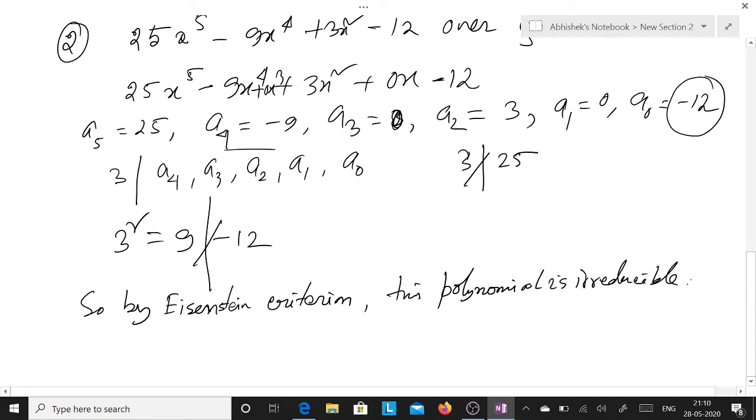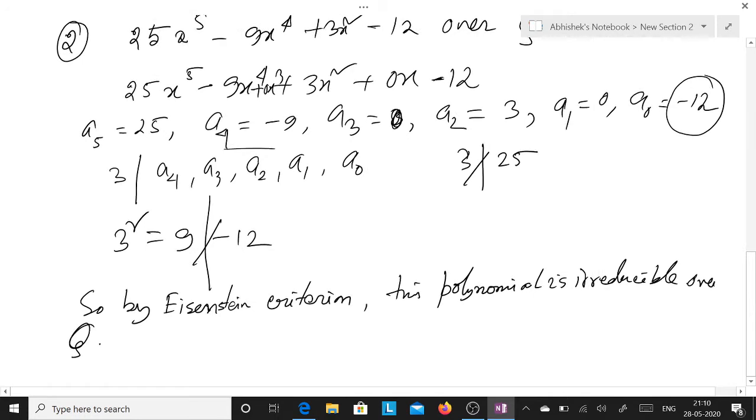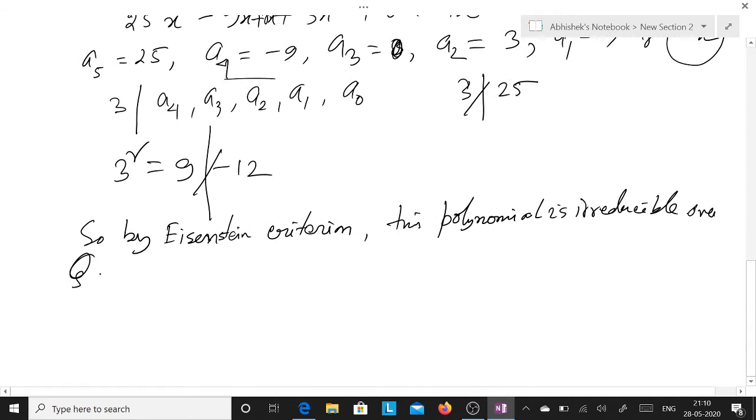Okay, irreducible over Q. Okay, so this is a beautiful problem. Now,